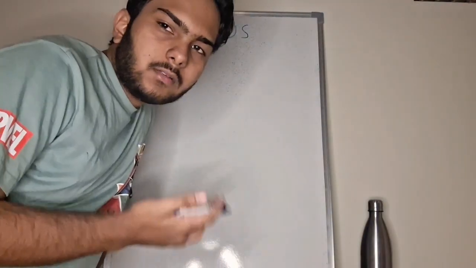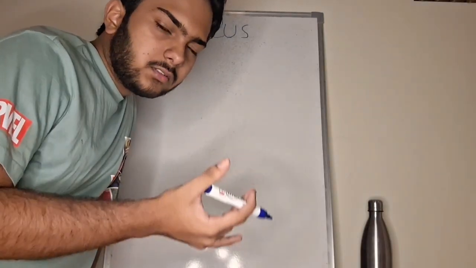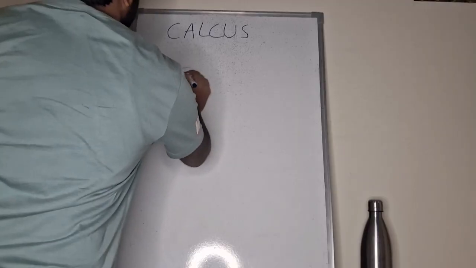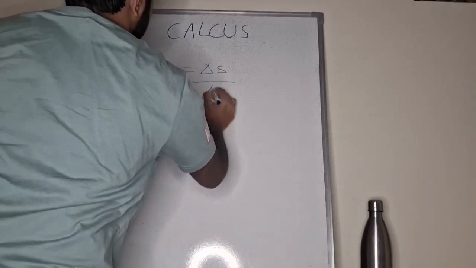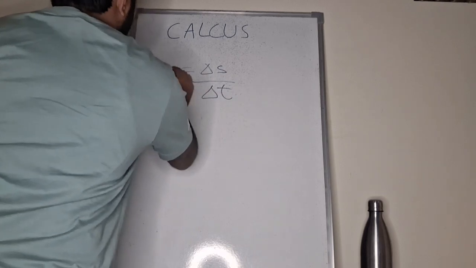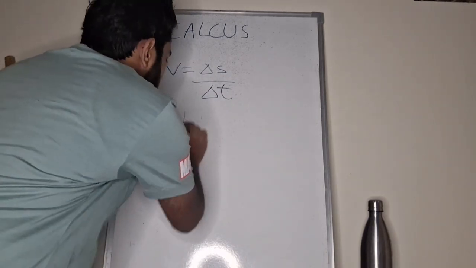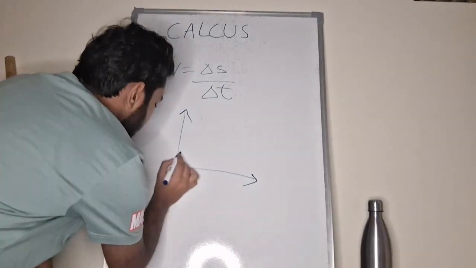So you all must be aware of velocity, which is change in displacement upon change in time. This is how we write velocity: change in displacement divided by the change in time. So if we graph it, then